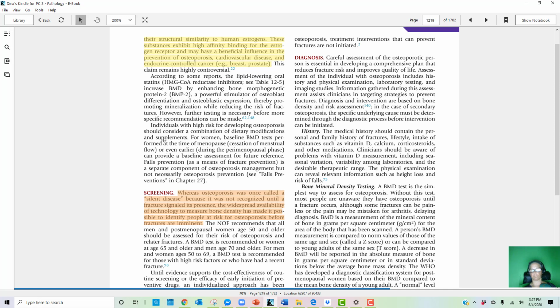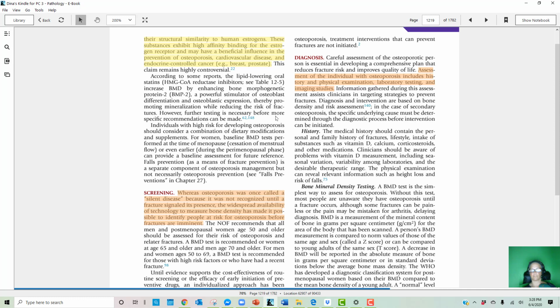Assessment of the individual with osteoporosis includes history and physical examination, laboratory testing, and imaging studies. Information gathered during this assessment assists clinicians in targeting strategies to prevent fractures. Diagnosis and intervention are based on bone density and risk assessment. In the case of secondary osteoporosis, the specific underlying cause must be determined through the diagnostic process before intervention can